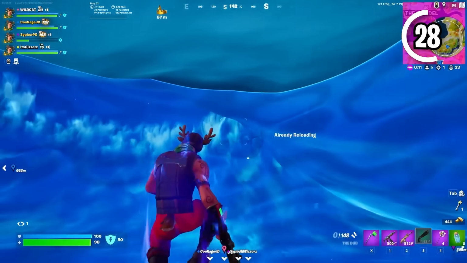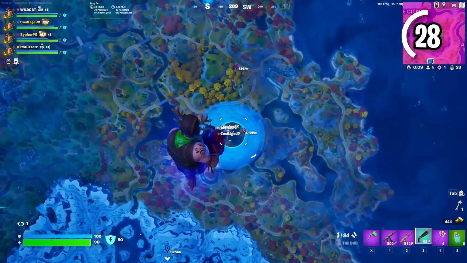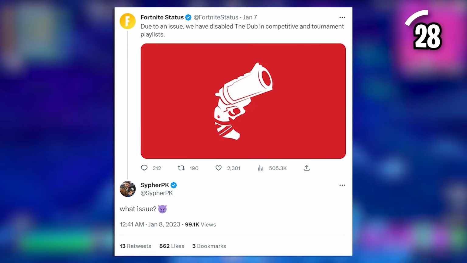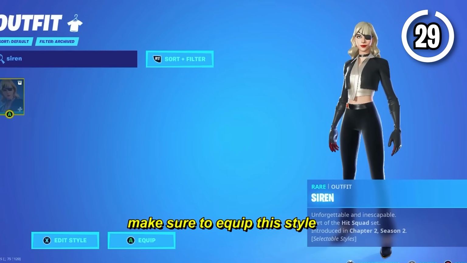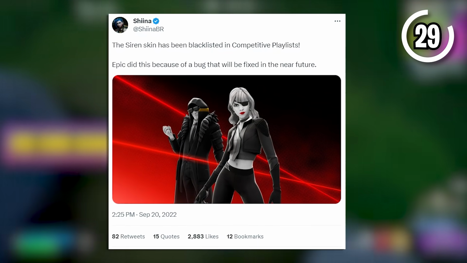Because when you combine this shotgun with the Soaring Sprints augment, you could fly so high into the sky that no one could see you. This was a lot of fun in pubs, but it created issues in tournaments, and that's why Epic only vaulted it for competitive events. At number 29, we have the Siren skin, and this happened on September 20th, 2022 during